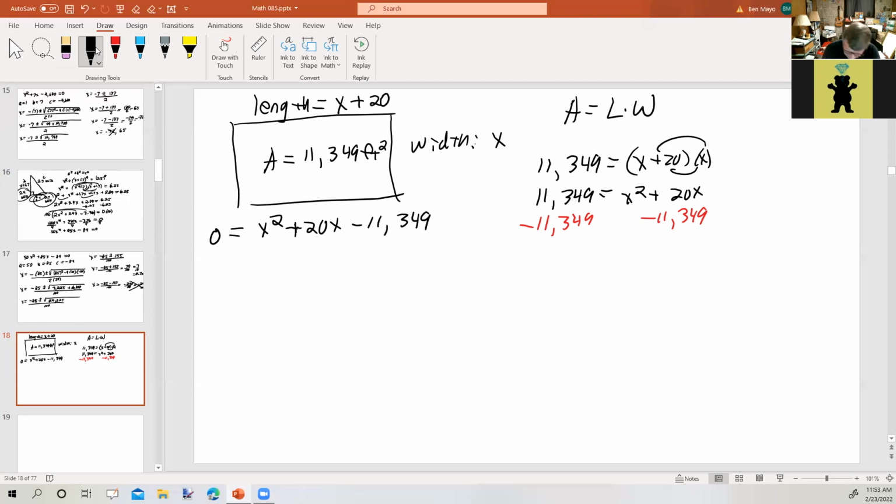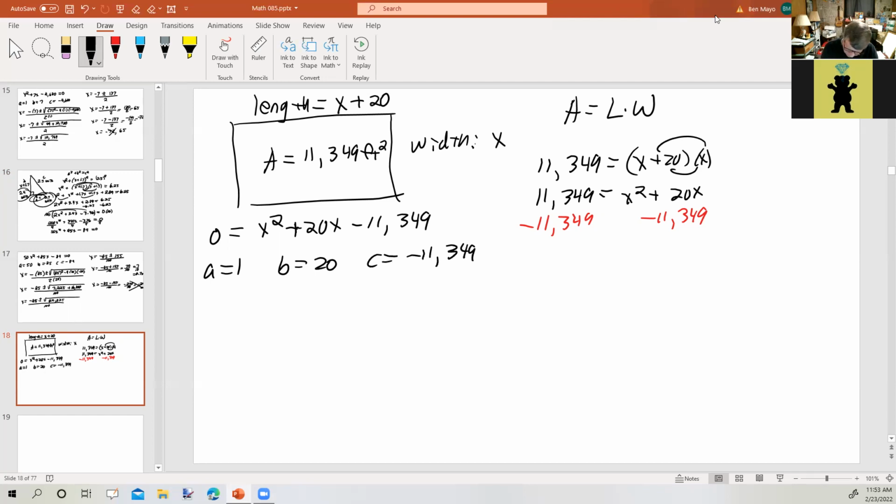11,349. A mistake that students will make is they won't bother to put the quadratic equation, or the second degree equation, in standard form before they decide what A, B, and C is. And you've got to be careful because A, B, and C may have a different sign once you put them in the right place. So always put them in standard form, either 0 equals it or it equals 0. A equals 1, B equals 20, C equals negative